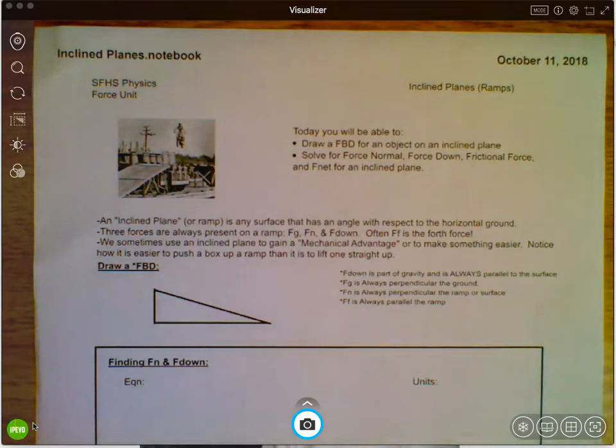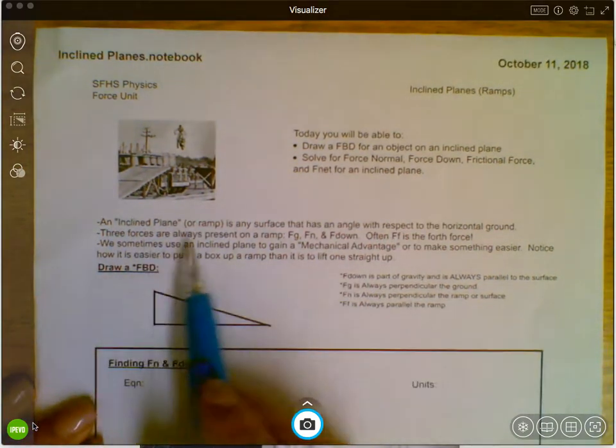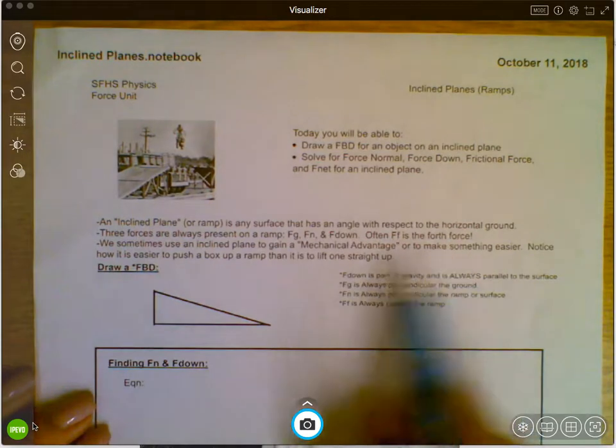Okay guys, so this is Unit 4, Video 3 on inclined planes, or we call them ramp problems. Hopefully this one will be a pretty short video, okay? So the focus today is to basically be able to draw a free body diagram for an object that's on a ramp or an inclined plane, and solve for force normal, force down, friction force, and F net for the inclined plane. Okay, an inclined plane or ramp is any surface that has an angle with respect to the horizontal,